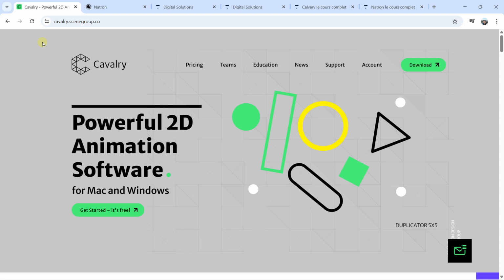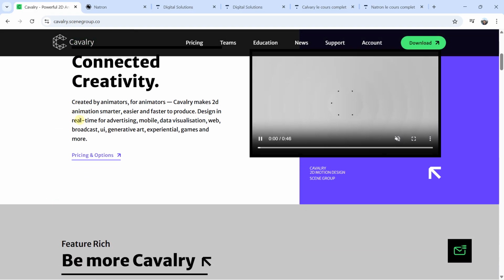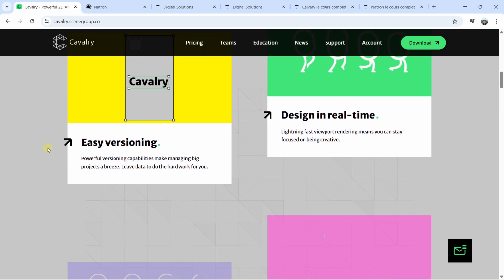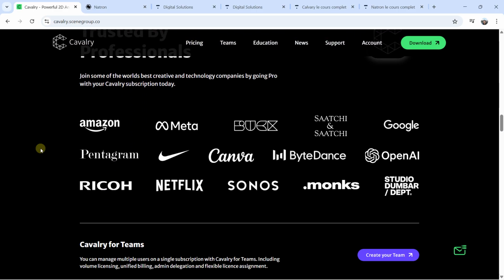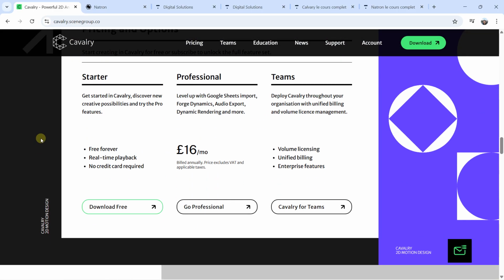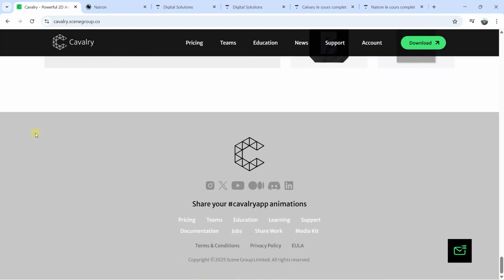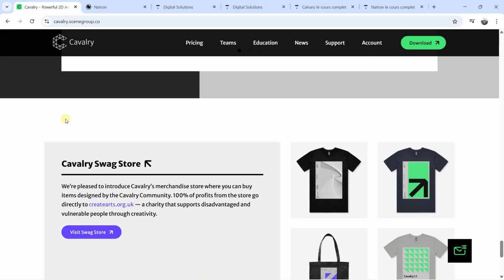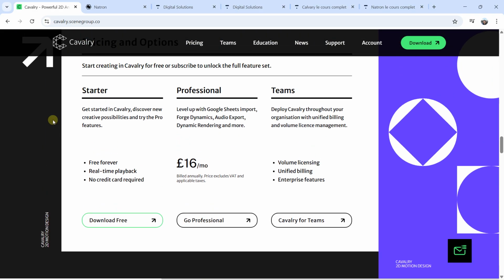So the first tool will be Cavalry. Cavalry is a powerful animation software, very close to After Effects, and you have different types of tools. So first you can just take a look at their website. With Cavalry, concretely, you will have a system with a free version, and you will have a system also with a paid version. So concretely, you can take a look at their website, you can download the software, and as